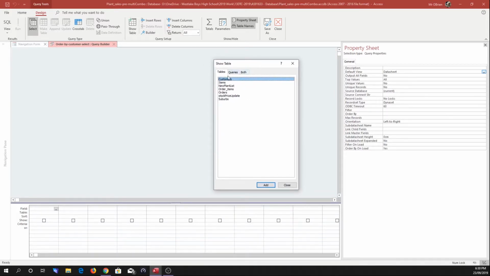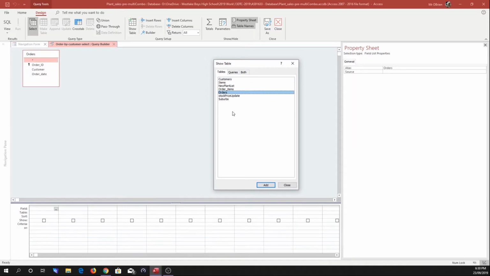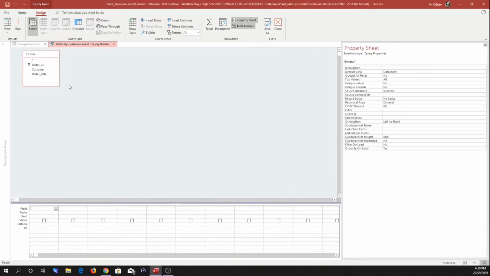First of all, we want the right tables. So we need our orders table up here, and that's all we need. So the things we're looking for, if we were to look at the data in this